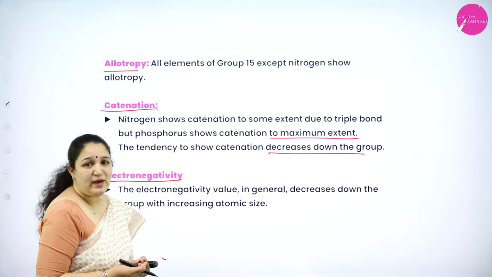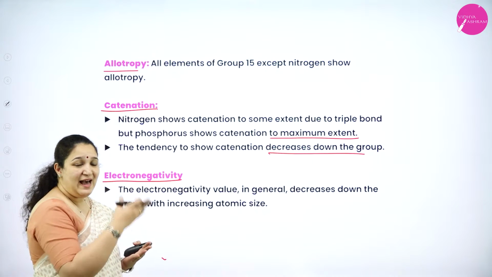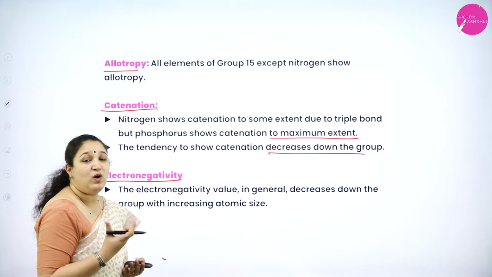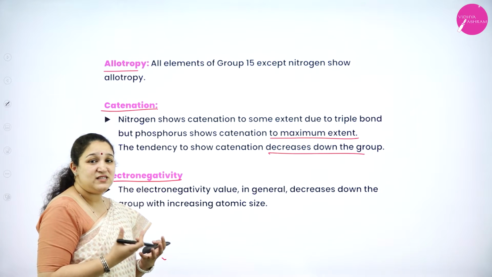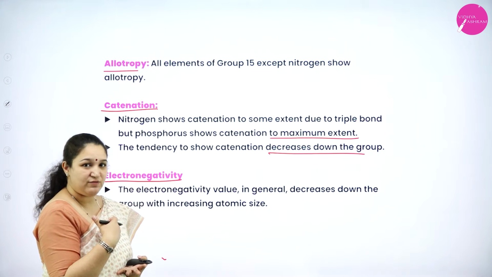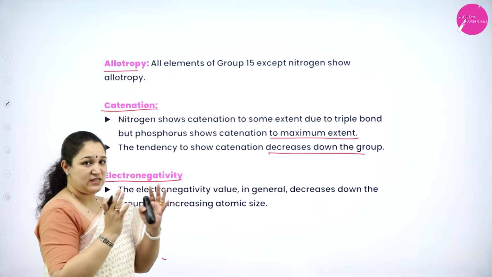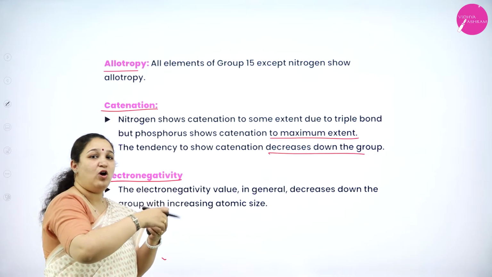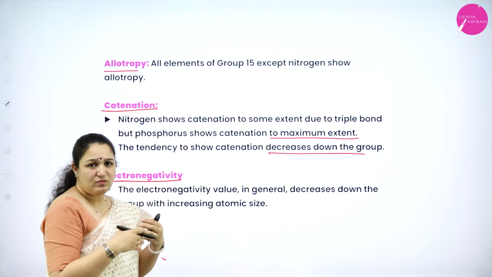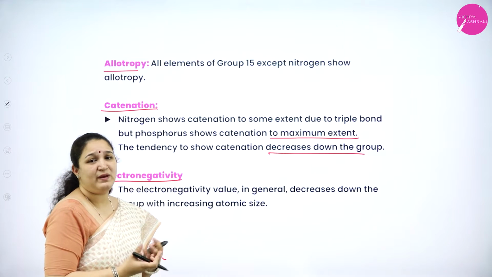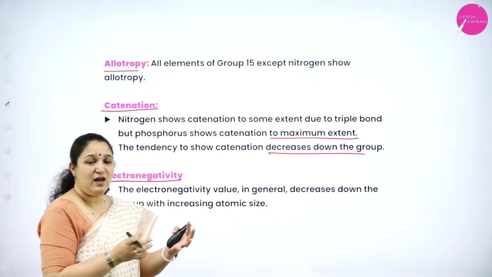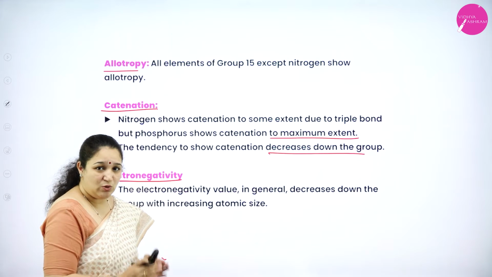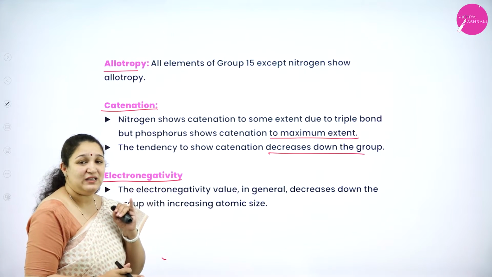electronegativity. So, what happens to electronegativity? Electronegativity as we come down the group decreases. Why? Because the atomic size is increasing. What is electronegativity? It is the tendency to pull the shared pair of electron towards itself, isn't it? So, when we come down the group, atomic size becomes bigger. So, can it actually pull the electron of the neighboring atom or from the bond? No, it becomes difficult, isn't it? Because the size is big and the nucleus is far from the valence shell if you see. That is the reason as we come down the group, electronegativity also will decrease.